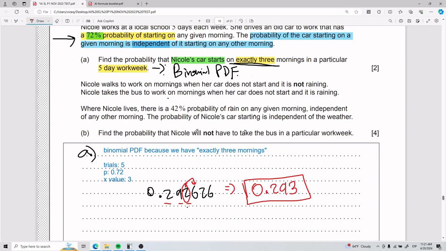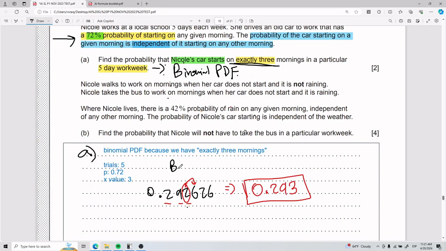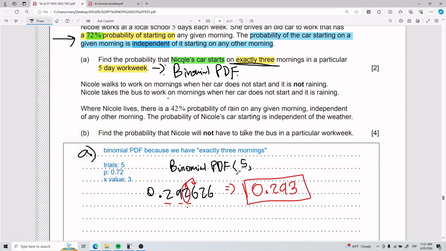Anyways, how would you show your work, you might be asking. You need to show evidence that you used the binomial distribution. And so technically, see how on your calculator there's this line up there. Okay, so this is evidence that you did what you did. So for your method point, you can literally write binomial PDF and that whole thing in parentheses: 5, 0.72,